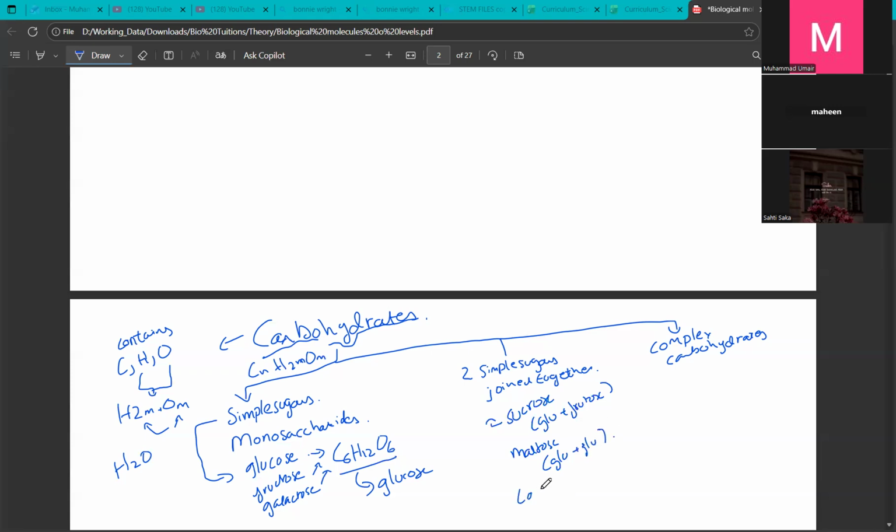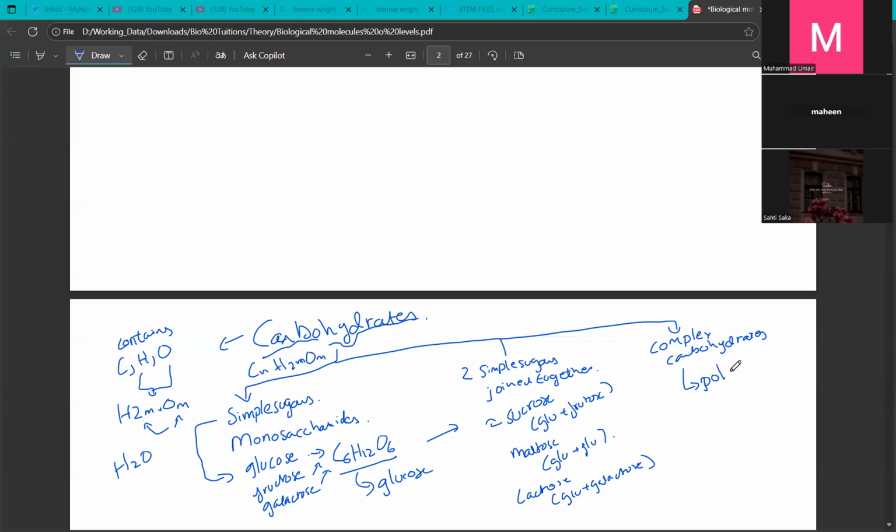And then you have lactose that you find in milk, which is again made from glucose and galactose. But you do not need to know this information. The reason I'm telling you this is because we now know this allows us to understand that these sugars can join together to give you more sugars, right? So when two sugar molecules can join together, in the same way many sugar molecules can join together, right? And mostly the sugars that join together are glucose that gives us complex carbohydrates, which we know as